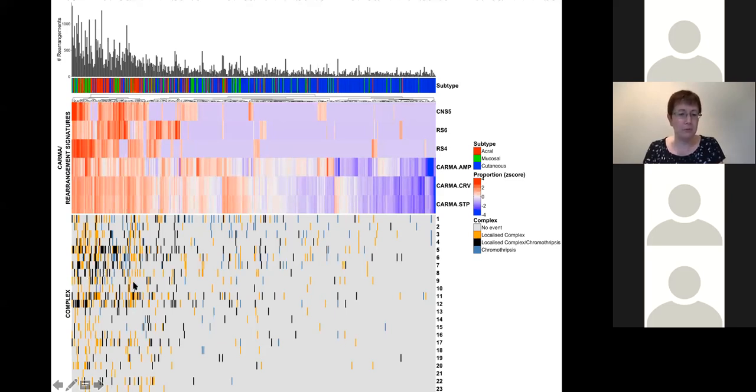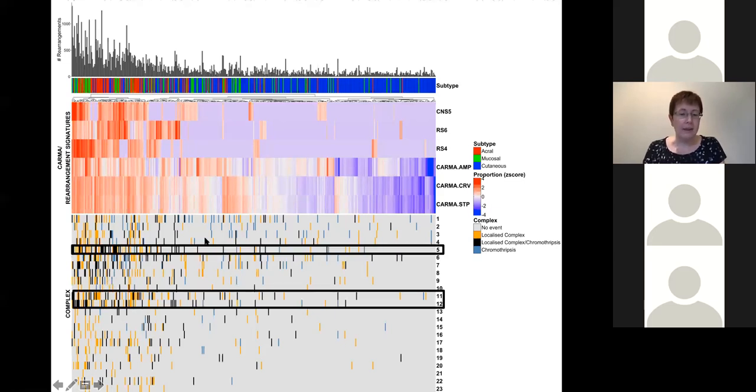At the bottom here, we see measures of whether an individual chromosome per sample is considered complex, and we've used a few different ways to determine this, such as statistical methods, methods to identify chromothripsis, as well as manual review. And again, you can see this concentration: the tumors with complex signatures, as you expect, have complex chromosomes. And it's particularly recurrent on several chromosomes. So these are 5, 11, and 12. And these are the chromosomes that I previously mentioned with the high numbers of rearrangements and copy number amplifications. So all those events are a result of complex rearrangement events on those chromosomes.